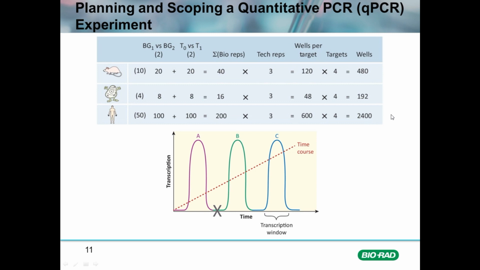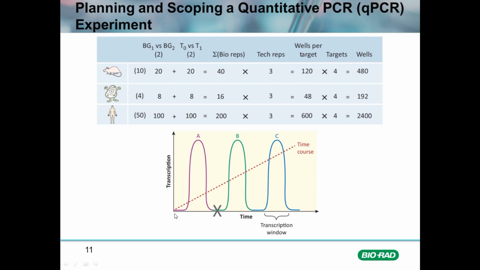Scoping an experiment helps in planning the number of reagents, plates, cell culture media, animals, and animal feed that would be required for a given experiment, to map out the time required to perform the experiment and the associated costs. Time is another issue in an experiment, and often one that is not described in detail. If we measure the transcription of genes versus time in an experiment,